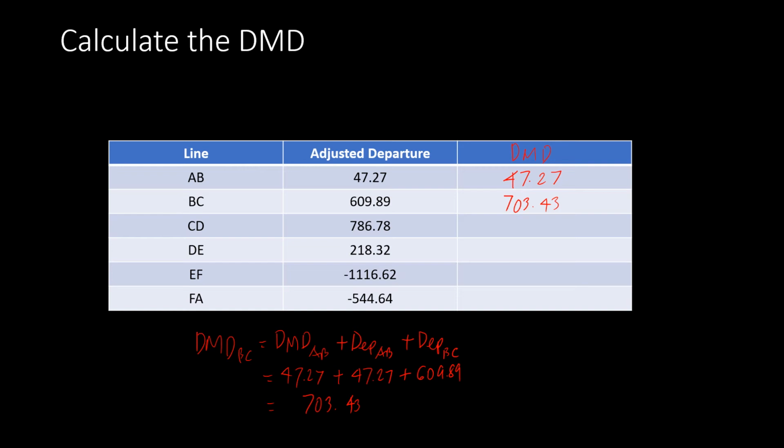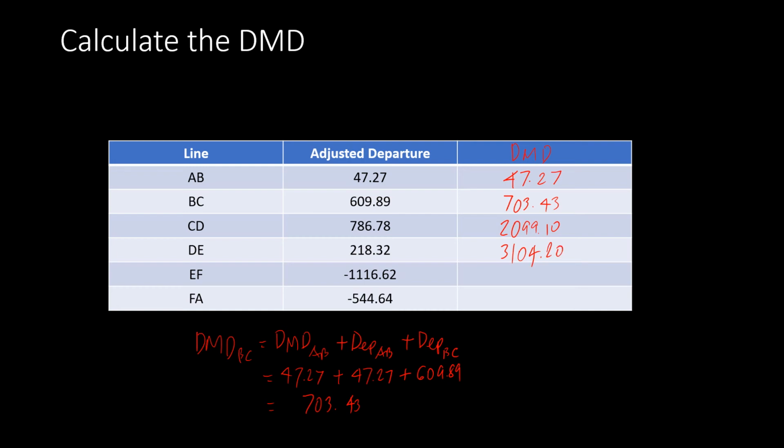For the next line CD, we apply the same rule. It will be equal to the DMD of line BC, which is 703.43, plus the departure of line BC, which is 609.89, plus the departure of line CD, which is 786.78. And that will add up to 2099.10. Next line DE, the DMD of DE is the DMD of CD, 2099.10, plus the departure of CD, 786.78, plus the departure of DE, 218.32,